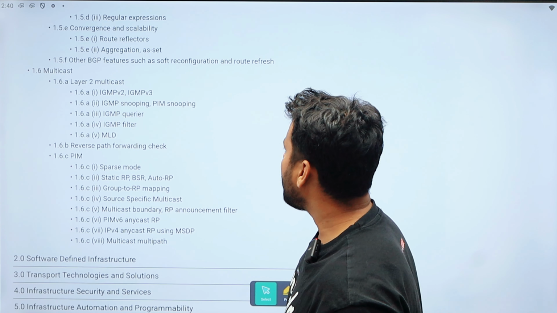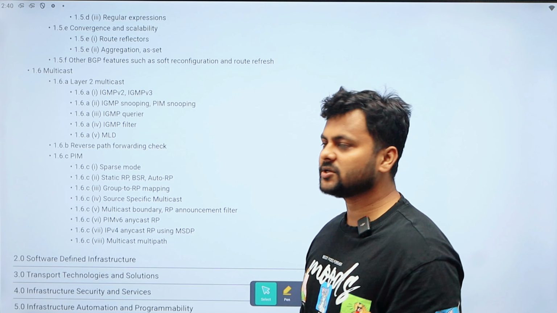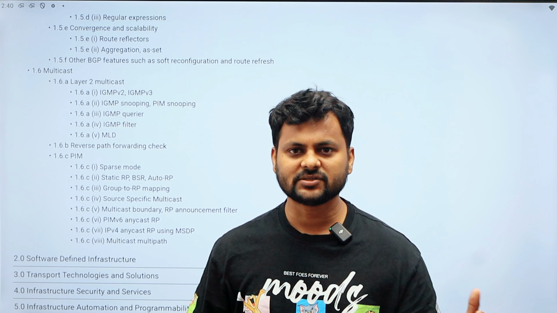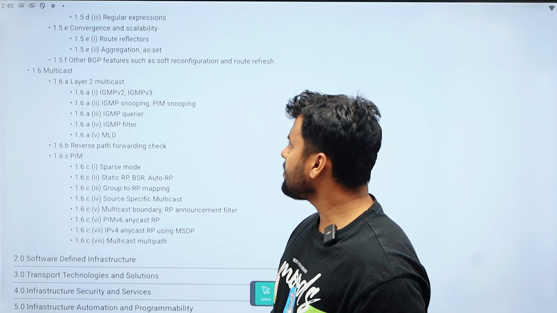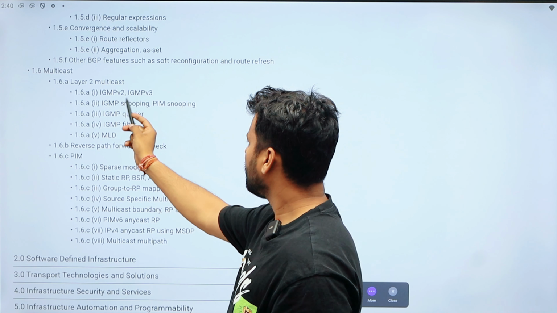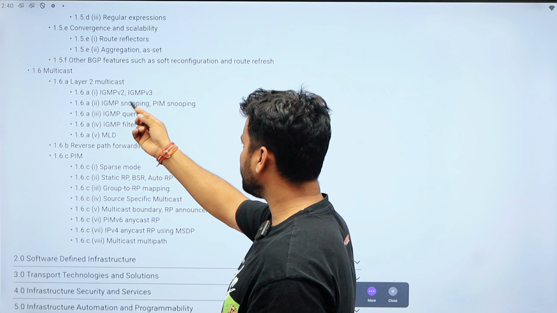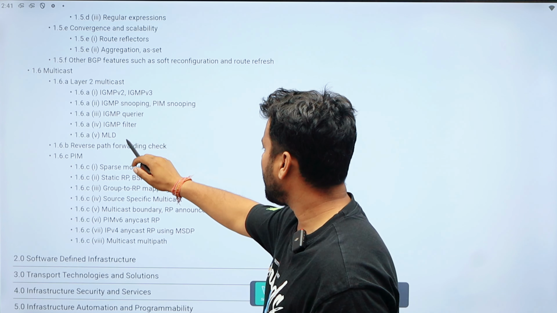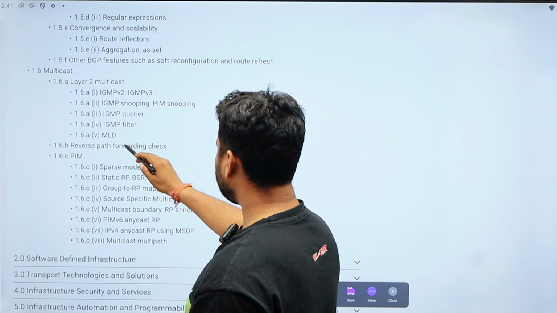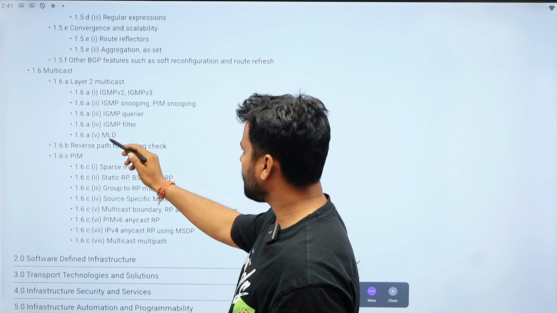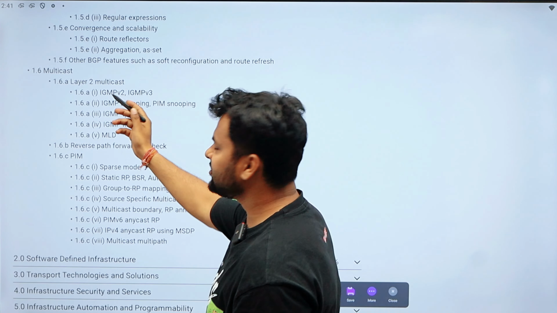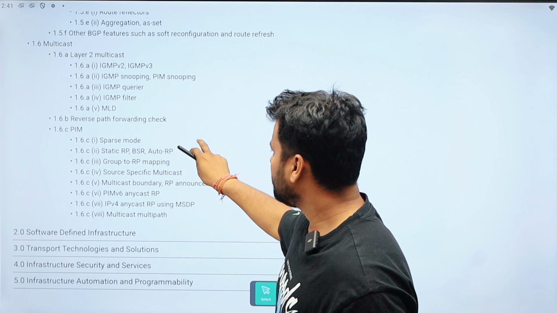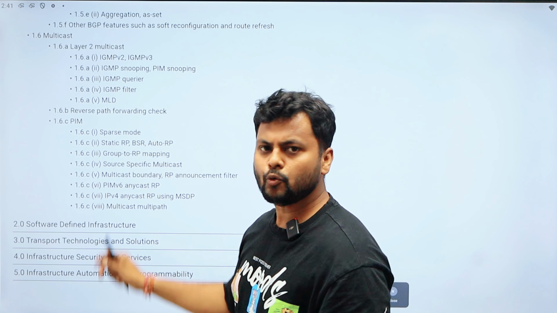Okay, we have multicast, an important topic. Everything is happening through multicast, right? Netflix, live matches, everything is happening through multicast. So we have protocols like, for the LAN, IGMP, and IGMP version 2 and 3. We'll talk about version 1 as well. Then we have snooping, querier, and the IGMP filter. MLD is the, what do we call, how do I say that? IGMP is for IPv4 and MLD is for IPv6. Then we can see how we can prevent the loop in the